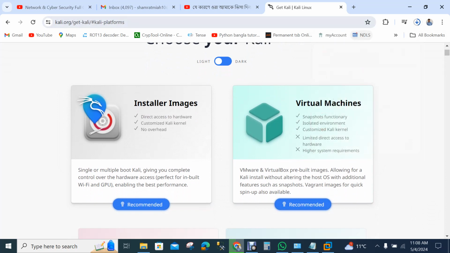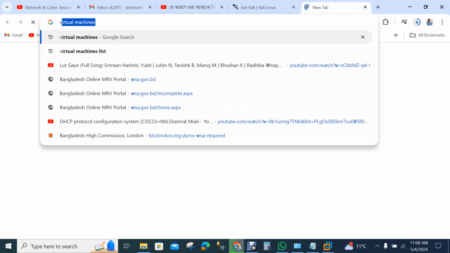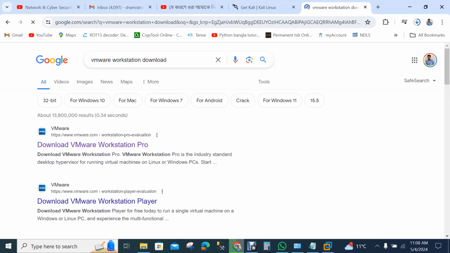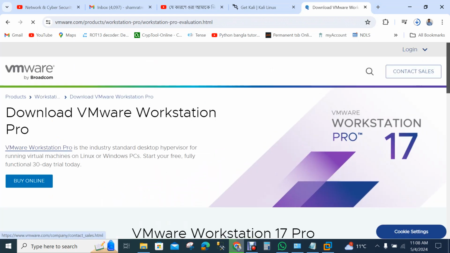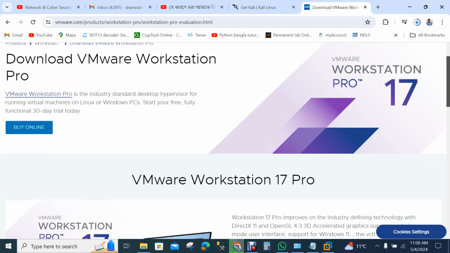And what about the virtual machine? I have to write here: VMware Workstation download. From here we can get our VMware Workstation. If you want to install anything in a virtual machine, then you have to install a virtual machine workstation.